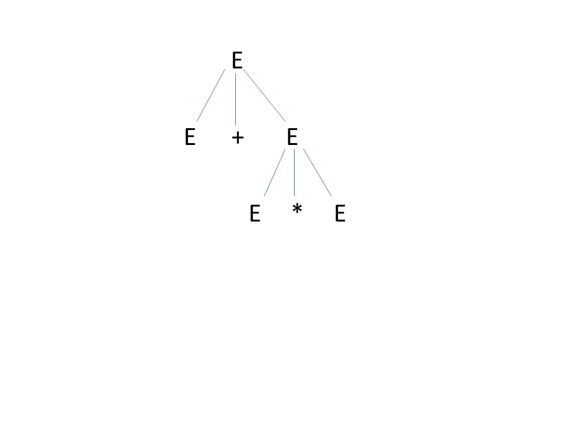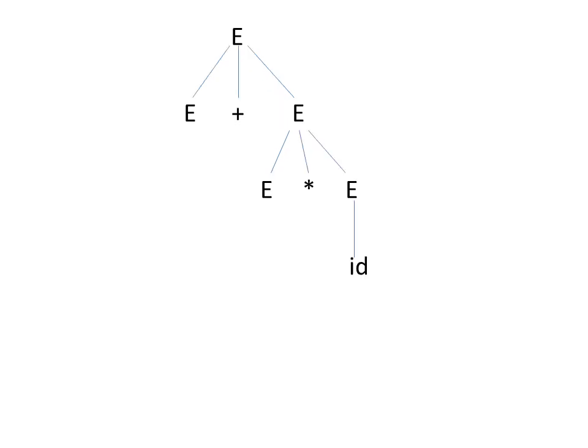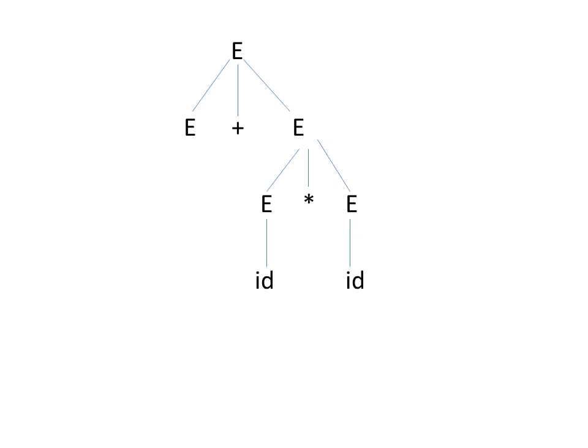And in the next, if you traverse from bottom to top, the rightmost E is replaced with E * E, that is drawn here. And if you traverse from bottom to top, from the table you can check, the rightmost E is replaced with the ID, so that is drawn here. And after that, the leftmost E is replaced with the ID, that is drawn here.